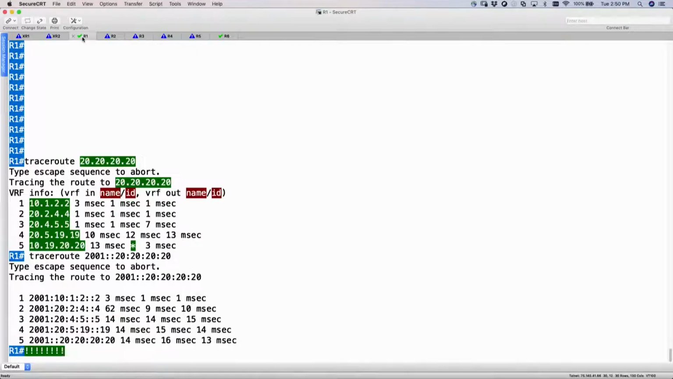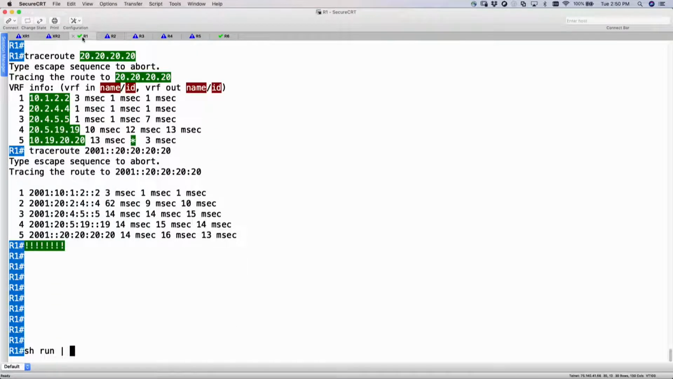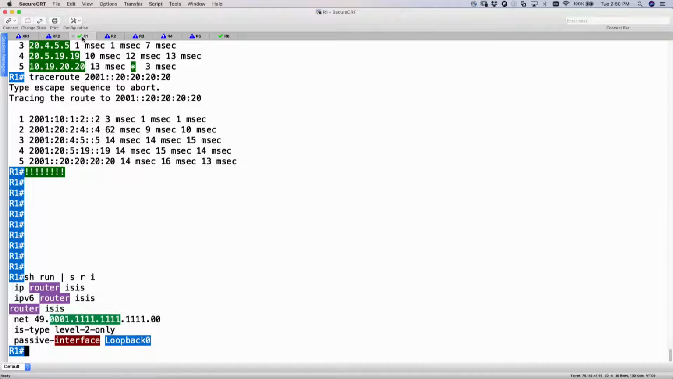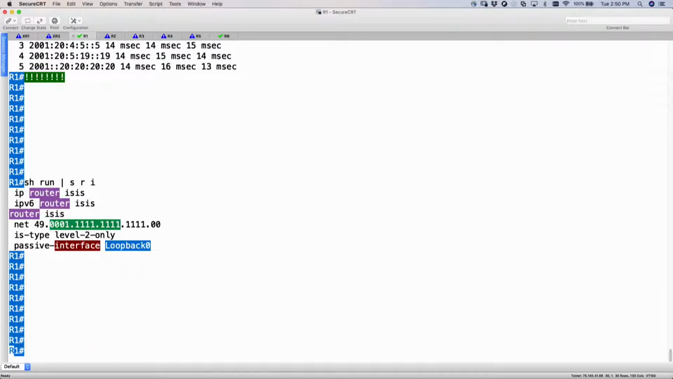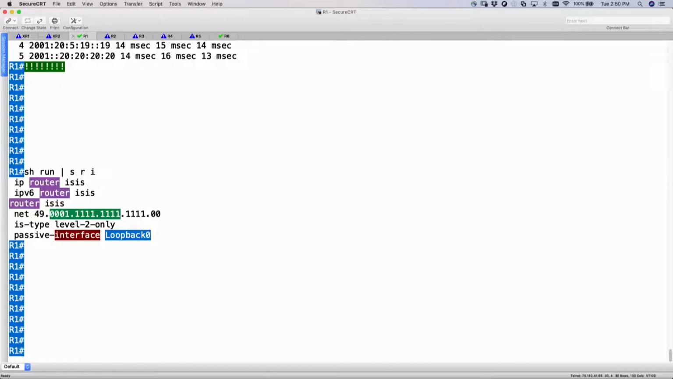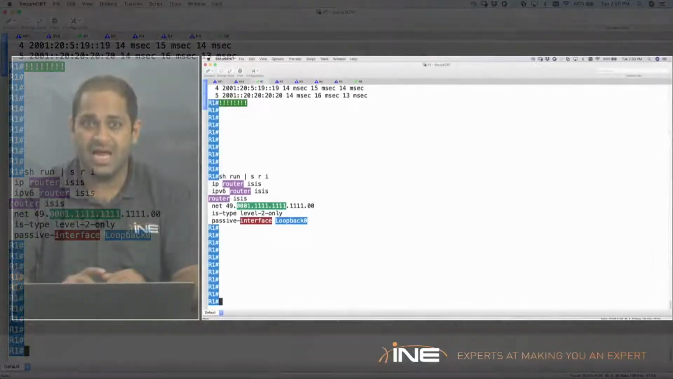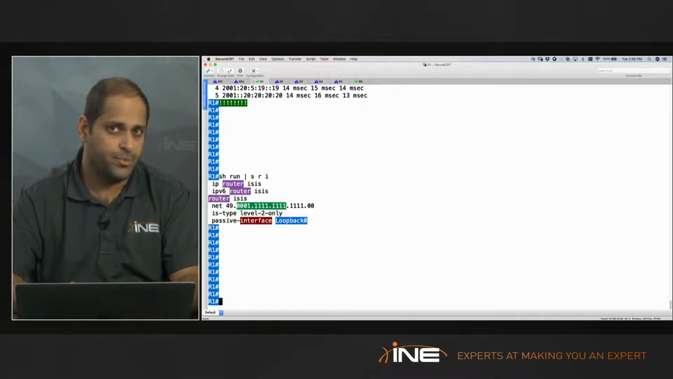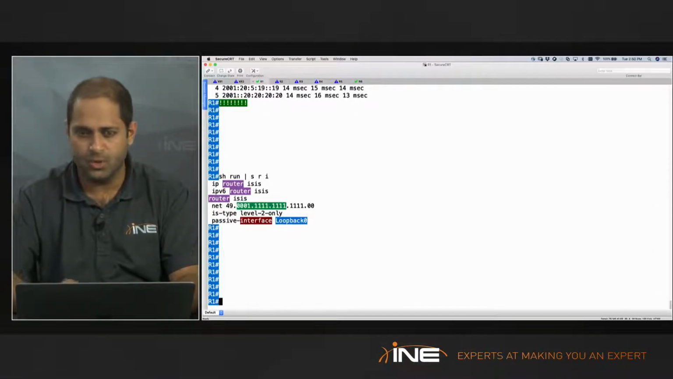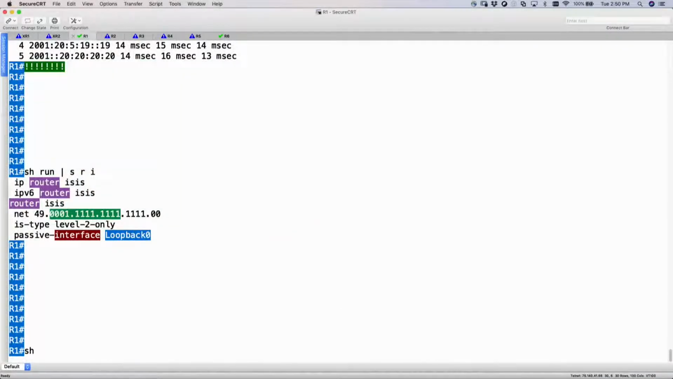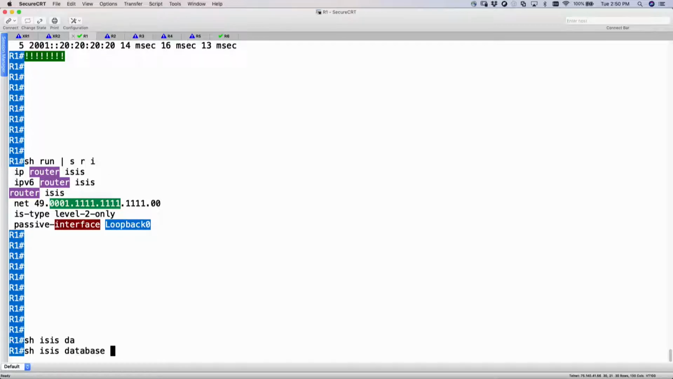So on R1, if you look at my configs, show run section router ISIS, I have enabled ISIS, my loopback is passive interface, and I have IS level 2 only. I don't need to say single topology because that's default on iOS XE. If I have to change this to multi-topology, I have to define that on another process and also change my metric style to wide. So right now, if I do a show ISIS database and look at the database of